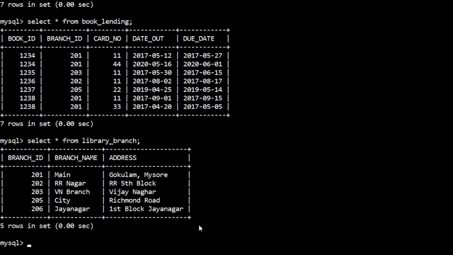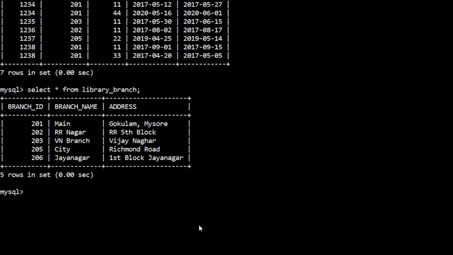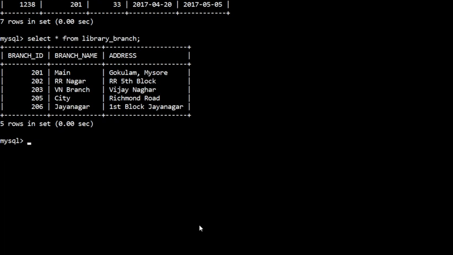So again go to command prompt, and the first query is select. I need book ID, right? When I take the multiple tables, book ID is common in all the tables. Like if I take book authors, book copies, in each table we have a book ID column. Okay, so better to mention the table name for book ID, from which table you want to retrieve this.